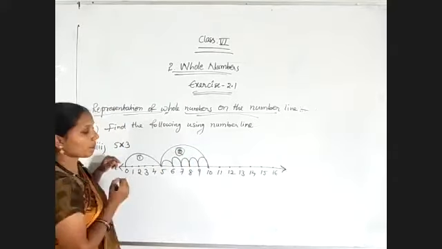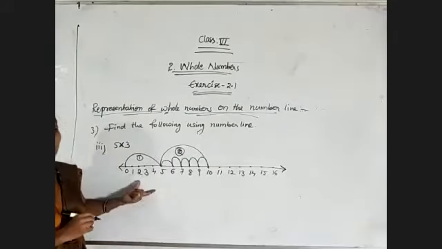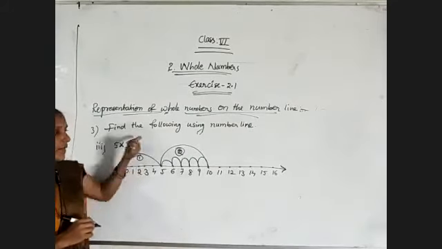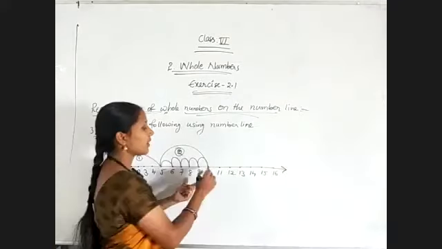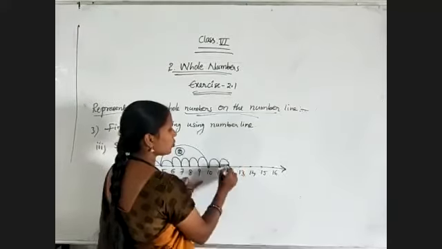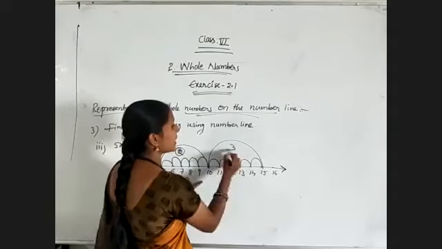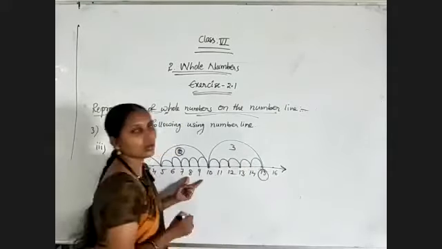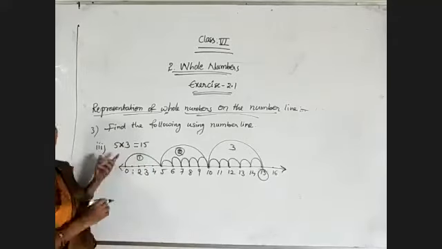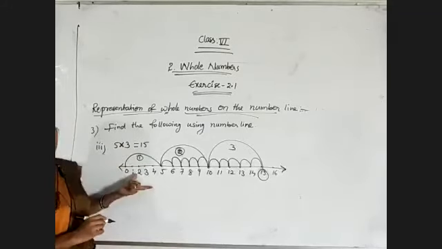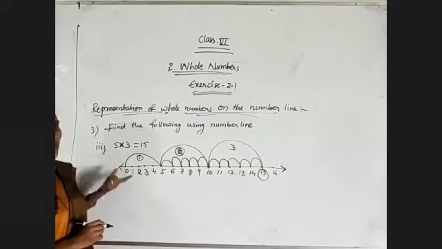Okay. 5 numbers we need to leave, because the first number is 5 and the second number is 3. That many times we need to repeat this procedure. Again 5 numbers I have to leave: 1, 2, 3, 4, 5. And this is my third repetition, which is equal to 15. Yes, 5 threes are 15. Correct, we got it now. So like this we have to do the multiplication on the number line.